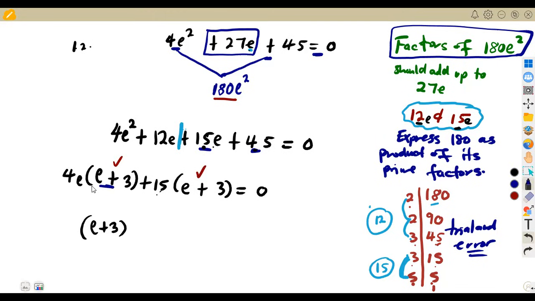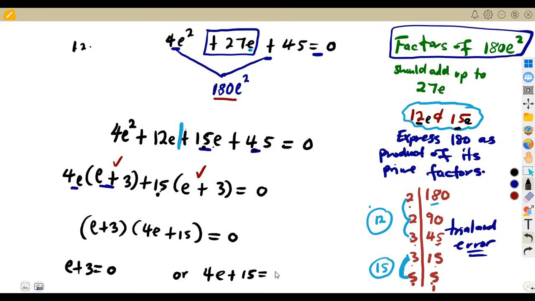If we factor out this bracket here, we remain with the 4e. So we are going to have 4e. Here, if we factor out this bracket, we are going to remain with plus 15. So this one is going to be in a bracket is equal to 0. Remember from here, each of these brackets must be equal to 0. So it's either e plus 3 must be equal to 0 or 4e plus 15 must be equal to 0